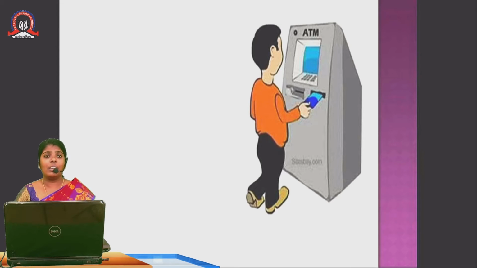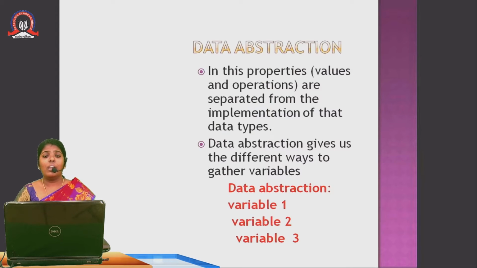That is the abstraction. Here data abstraction. For example, you know capsule. In the capsule inside many chemicals will be there. Many medicines will be mixed, but we don't know which medicines are mixed inside the capsule. That is a data abstraction. We can see that is a capsule, but inside many medicines, many chemicals will be mixed, but we don't know what are the medicines and chemicals mixed inside the capsule. That is a data abstraction.